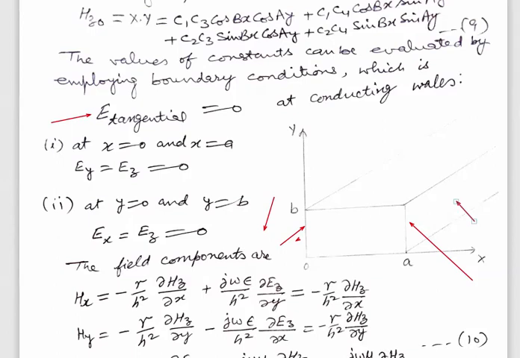the tangential component of the electric field will be along y direction and z direction, since this plane is lying in the yz plane. So therefore Ey and Ez will be 0, which are the tangential components, and only Ex, which is the normal component to this surface, can only exist. Similarly, at the other two conducting plates, y equal to 0 and y equal to b,